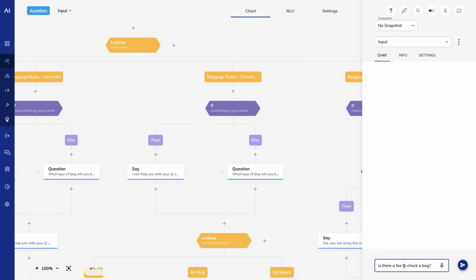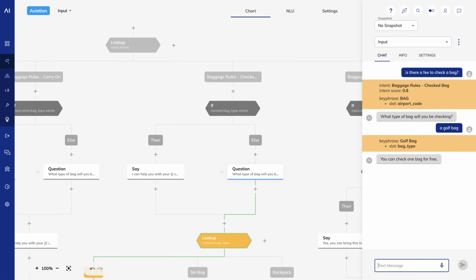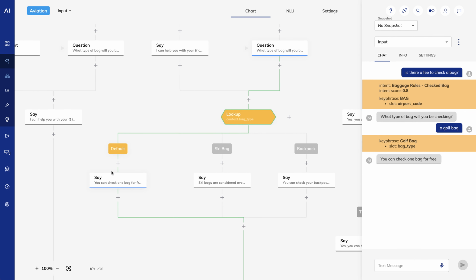Is there a fee to check a bag? But before I tell the user they can check one bag for free, I want to ask if they're a Premium Gold member. So on this default branch, I'll ask my question.